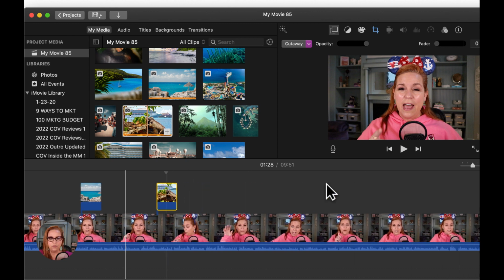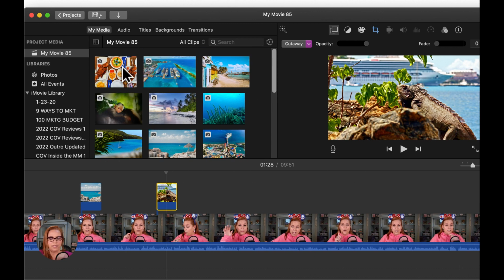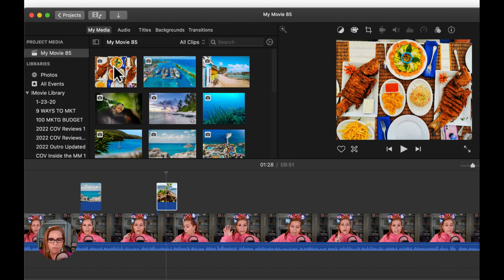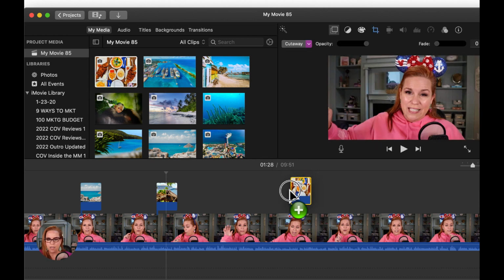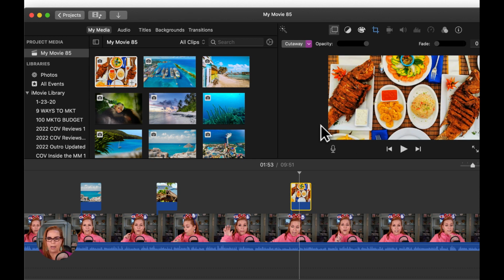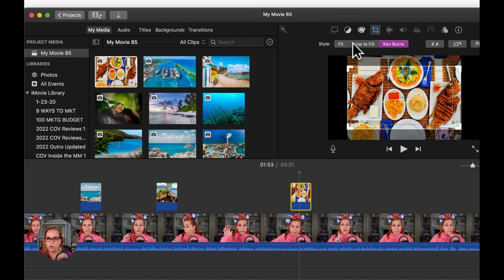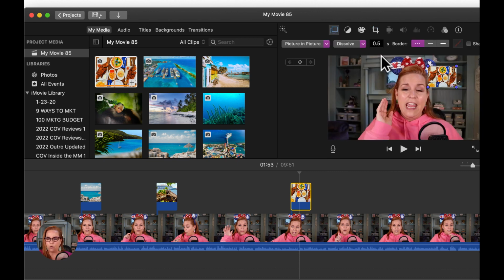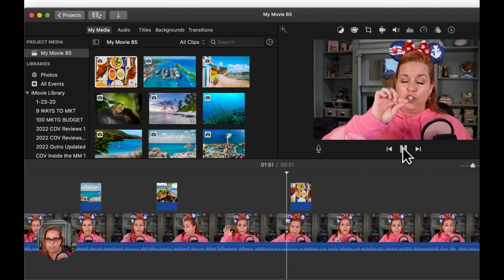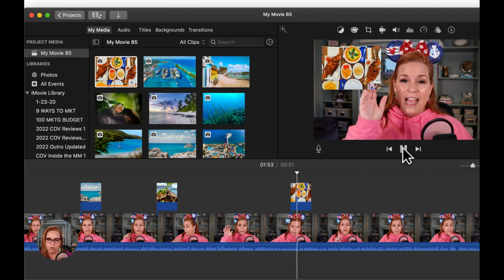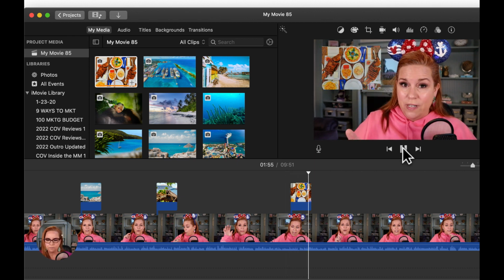Now another thing you can do in the videos, if you're talking about, for example, here's one that is about food. I might not want to pop it in front of the entire video. I might want it to be just a pop-up in my screen. So I can use this button called Picture in Picture, and then I'm going to go over to the crop button. I'm going to hit fit so it shows the whole picture. And then I can literally drag it anywhere in my video, and then boom. So let's just pretend I'm talking about how amazing the food is, and then the food can pop up in the video.